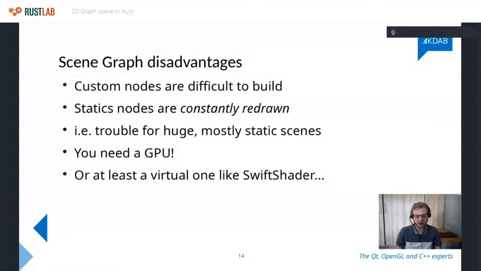And the reason is because, as I spoke about earlier in Qt, you've got this composition, right? So if you do have enough basic or fundamental nodes in your toolkit, you never really need to define your own custom nodes. If you've got a rectangle and text, for instance, you can already compose those two things to get a button. You don't need to touch the GPU code. So in QML, for instance, that is typically how you build something. You just compose a bunch of basic nodes and create your own high-level component. You never have to worry about the GPU primitives.